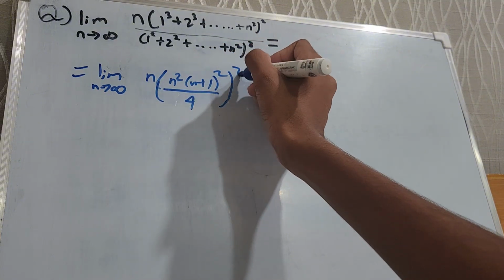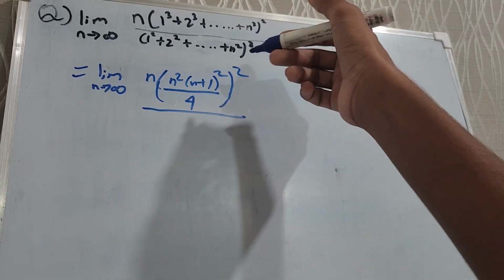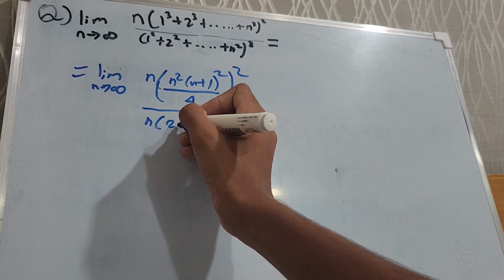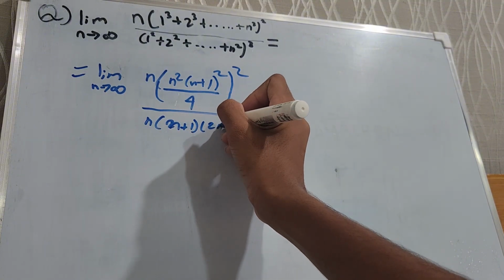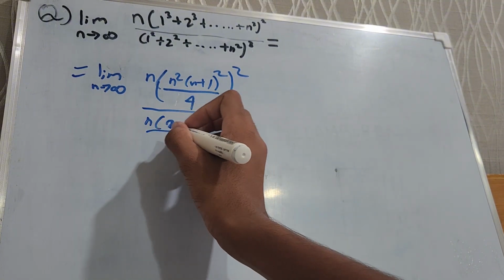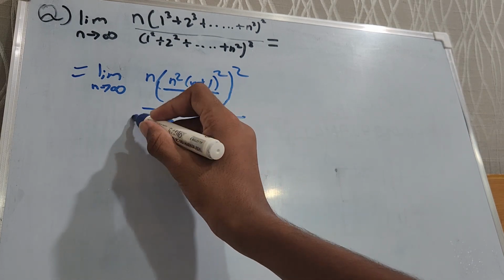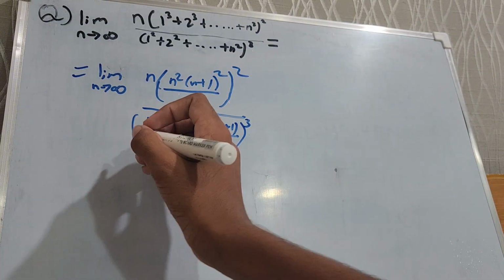This whole square by n into n plus 1 into 2n plus 1 into 6 whole cube. So now we'll take it as